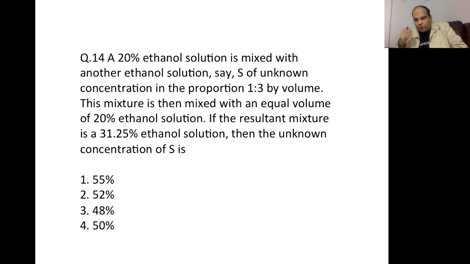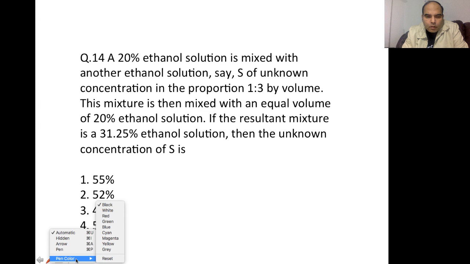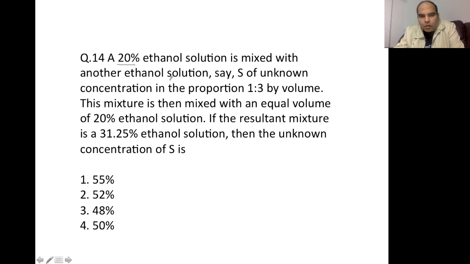So I hope you have tried to do this question. Let's try to solve this. This question is talking about a 20% ethanol solution that is mixed with another ethanol solution, say S, of unknown concentration in the proportion 1:3 by volume. The mixture is then mixed with an equal volume of 20% ethanol solution, and the resultant mixture is a